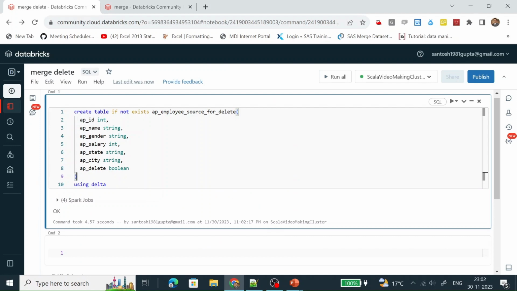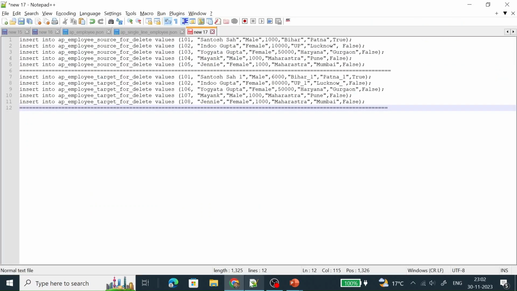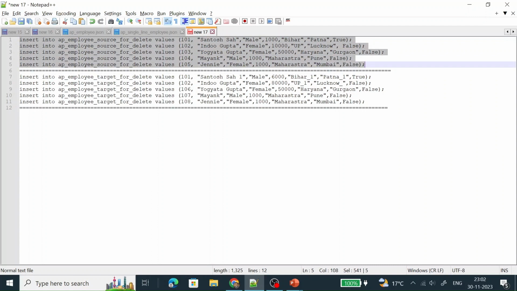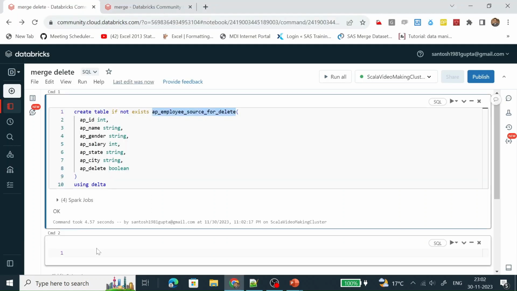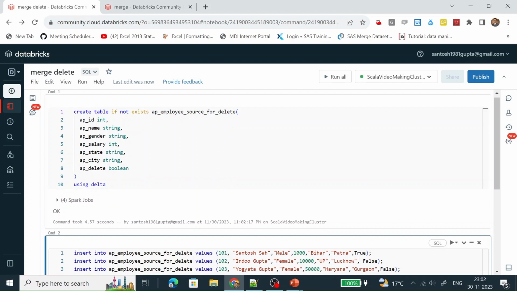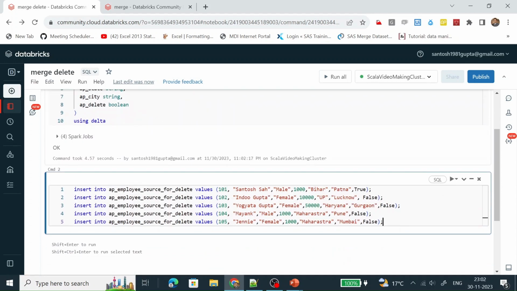Let's insert some records in it. So we need to create the insert statement. I have created it already. Let me copy it and let me run it.